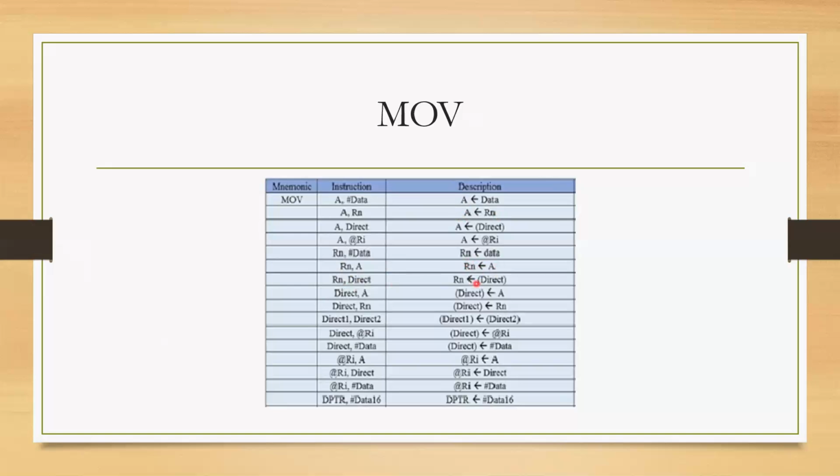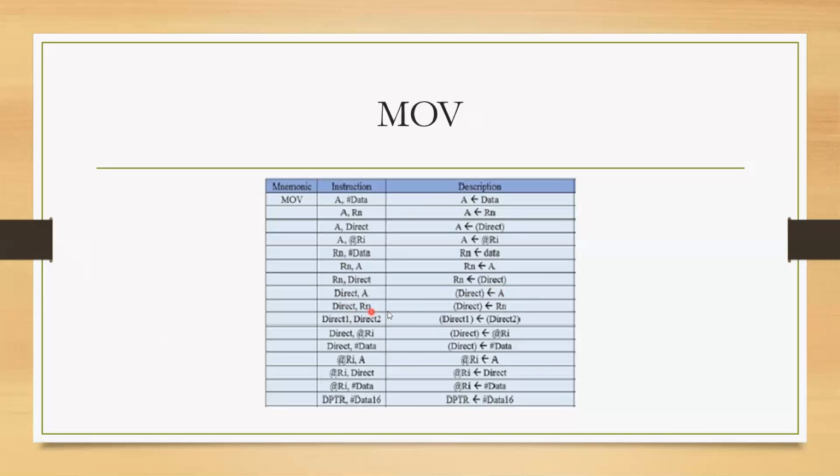MOV Rn, direct: from a direct memory location, we are moving data to the register. MOV direct, A: direct means a memory address. In direct addressing mode, we use the memory location address, so the memory location will get the content of the A register.